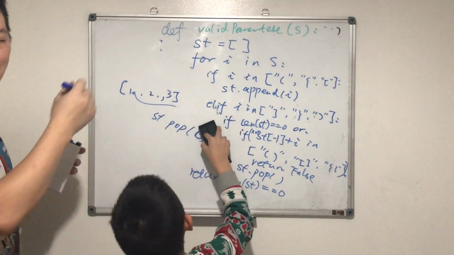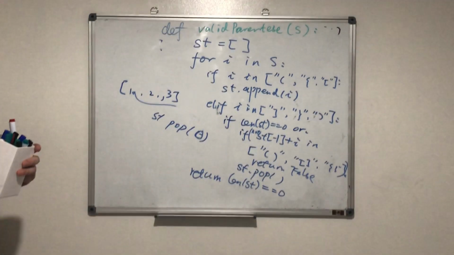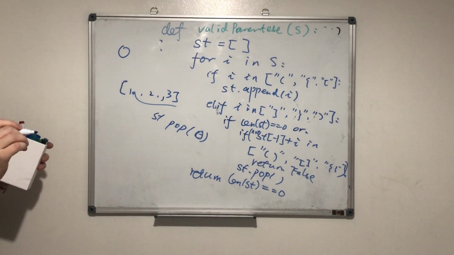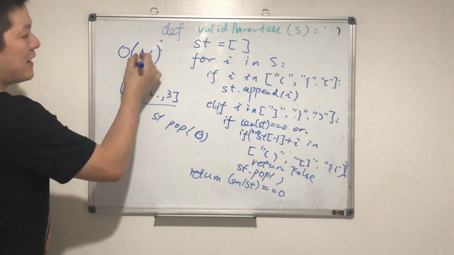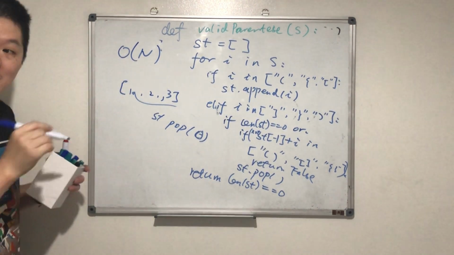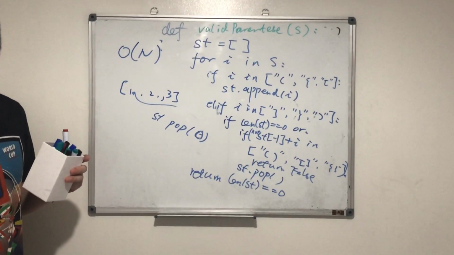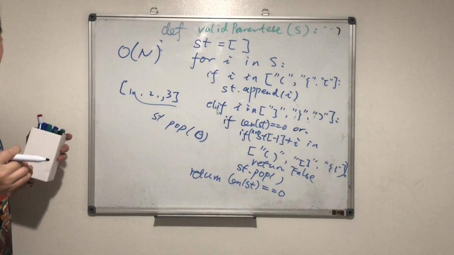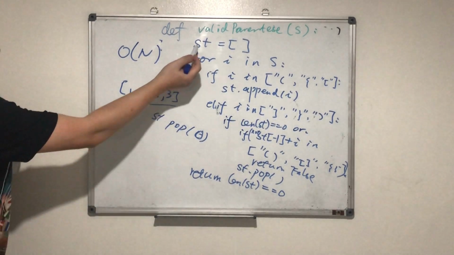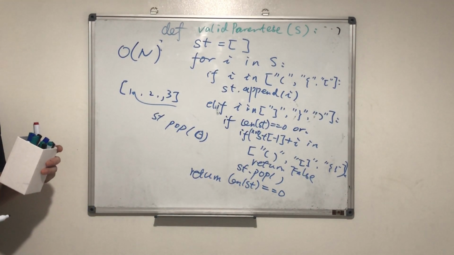So what's the complexity? What's the complexity? O(n), because n is the number of characters in the string. How about the space complexity? Yeah, space complexity. Do we need to allocate a space for this problem? No. Why not? We are using a stack. Why not? Because